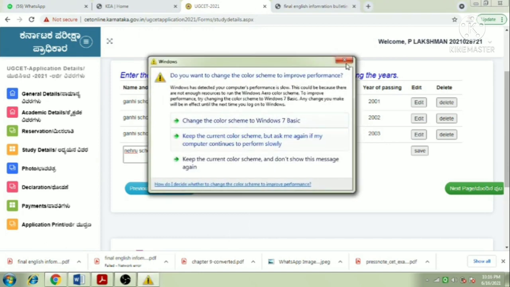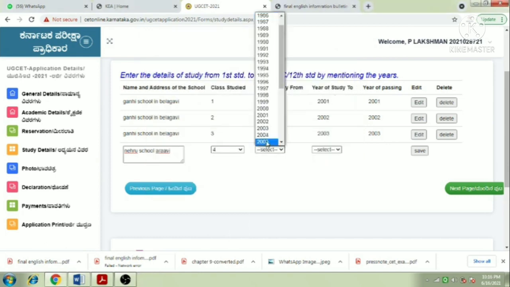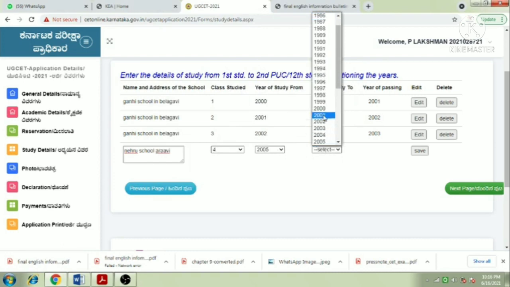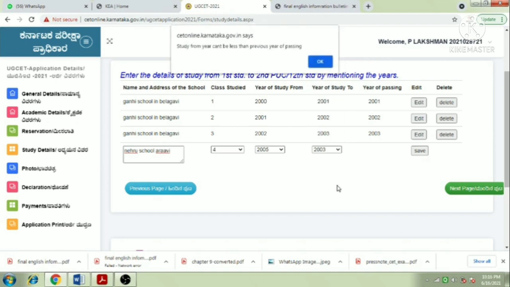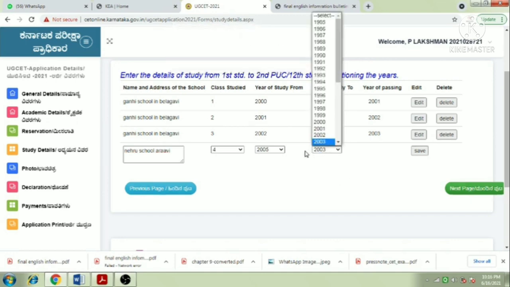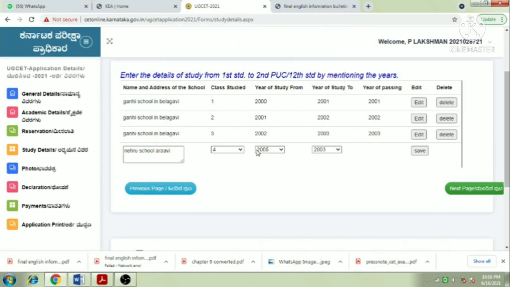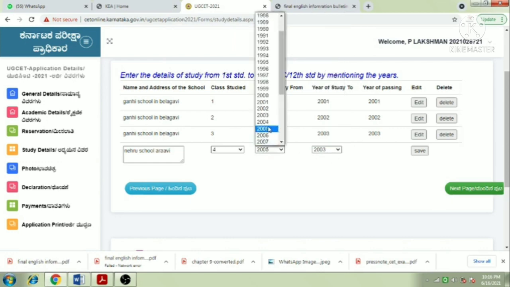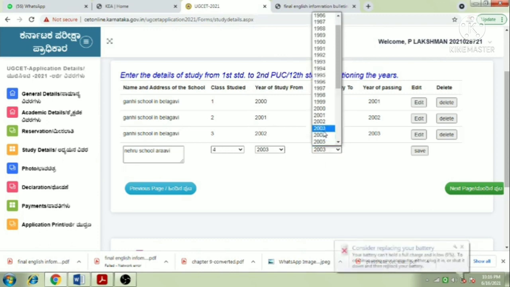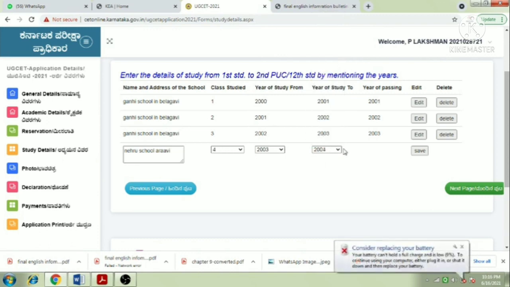Started in 2003 and passed in 2004. Save.